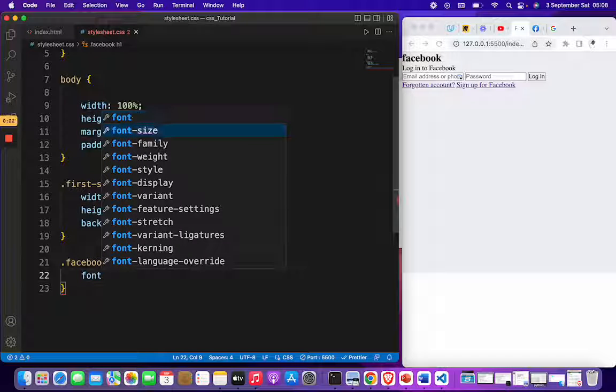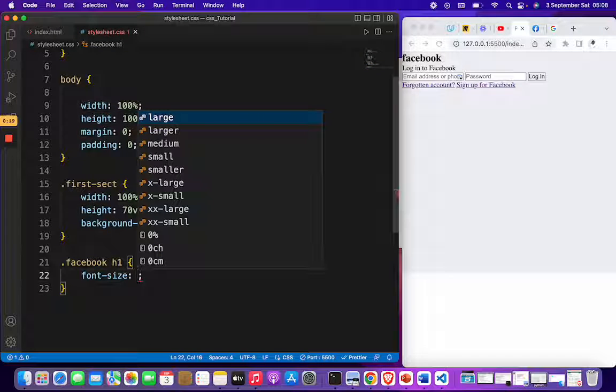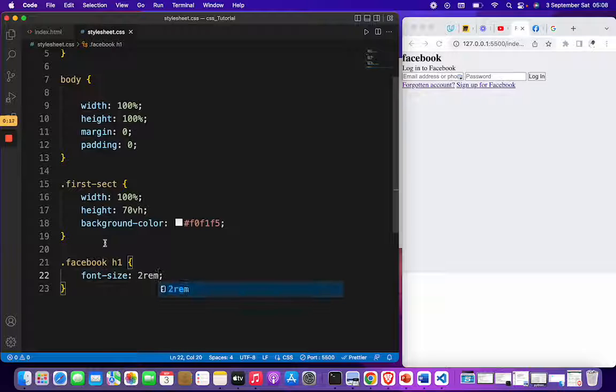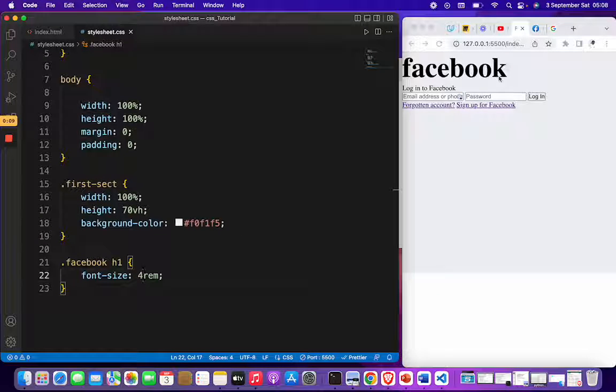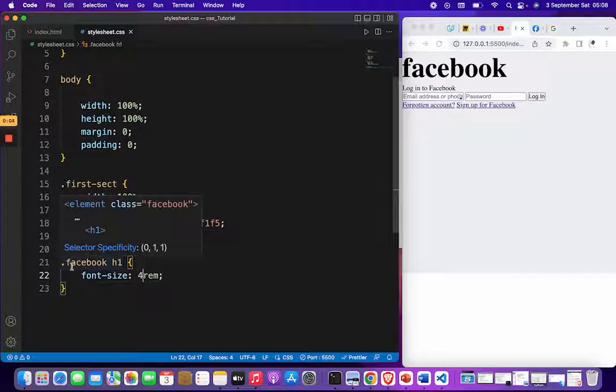Let's just say font size and say 2 rem. Okay, and look at what happens. Of course, you can see it increases. So when I say 4 rem, of course you see it goes bigger, right? So this is how you style a selector with a